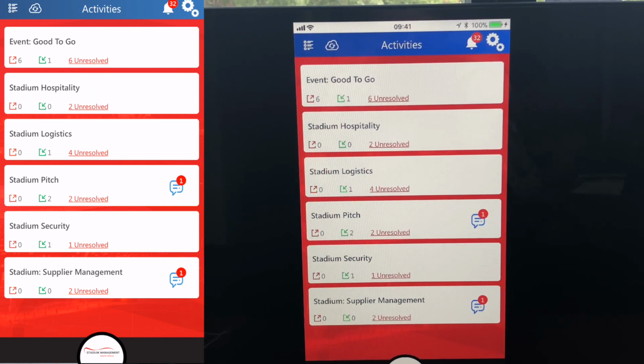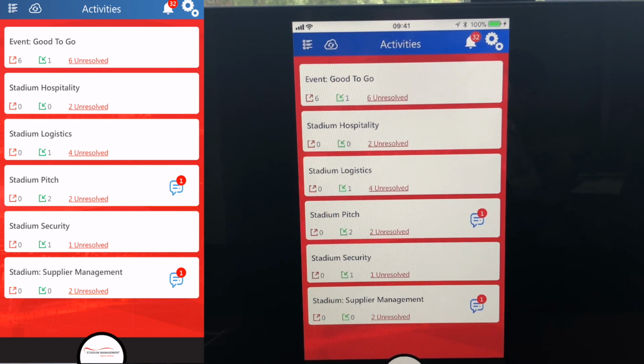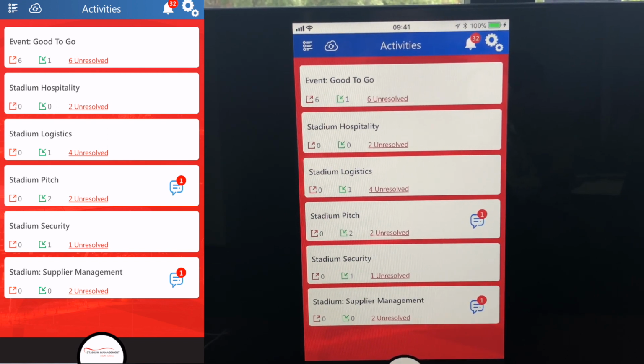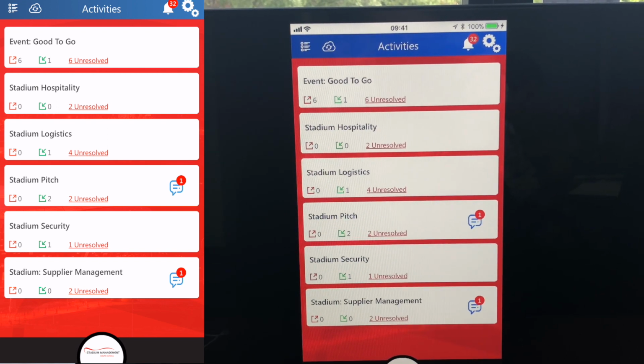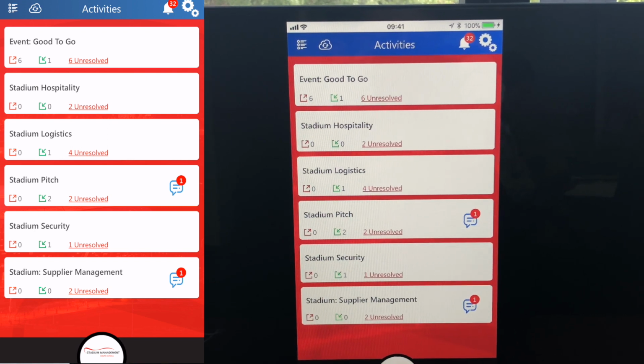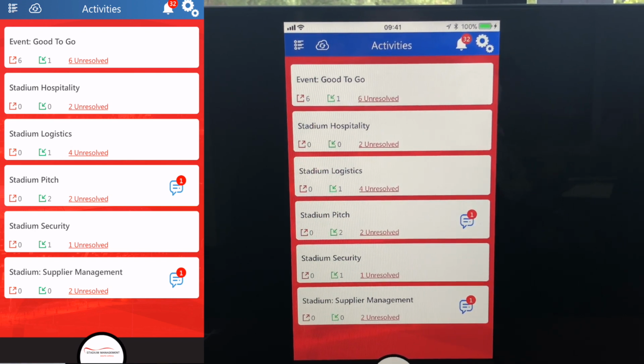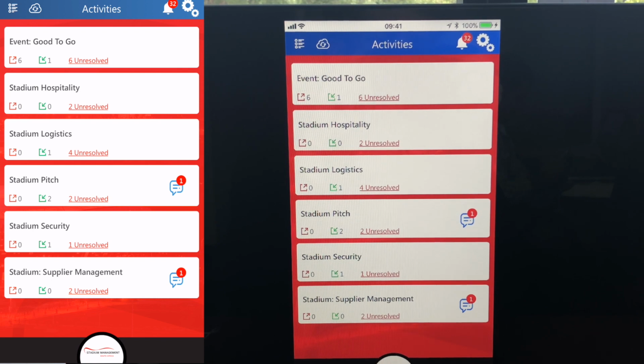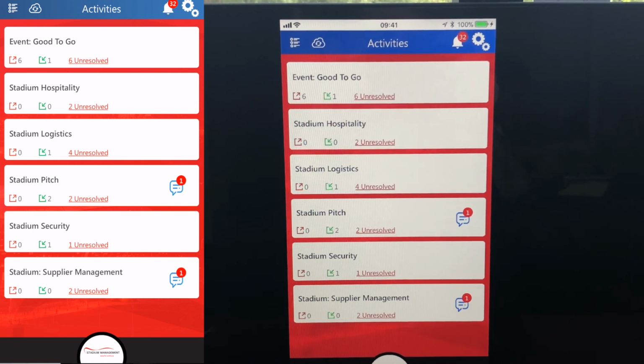If you submit a capture form and the capture form is unable to go through due to bad signal or maybe your battery dying, when pressed, all the forms that are outstanding will now be sent to their relevant contacts. Another thing that's different is you have the ability to change the period at which the activity displays the